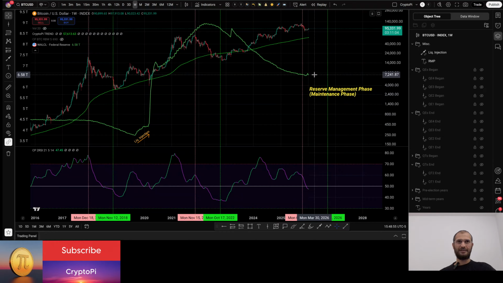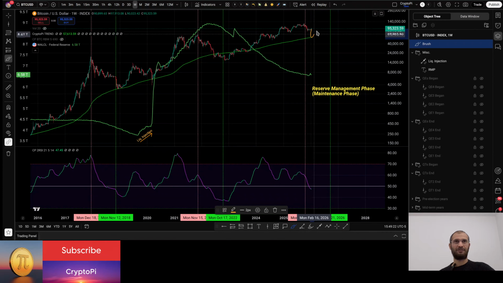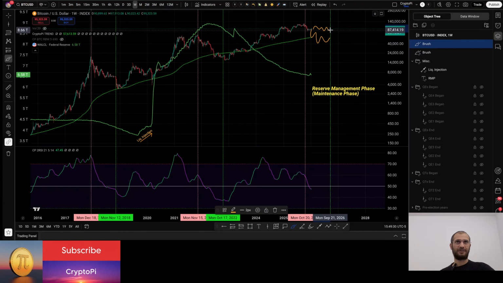And once QE begins and then liquidity injection starts coming in, basically money moving into risk assets like Bitcoin, it would already be the time where we will be in September, October. So very close to the start of the accumulation phase of Bitcoin. So price, I don't know where the price would be. Price could be somewhere here, or it might just stay for the whole year somewhere in this range, or it can drop.